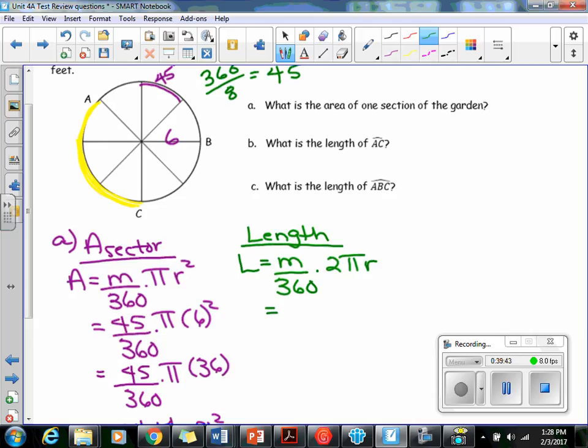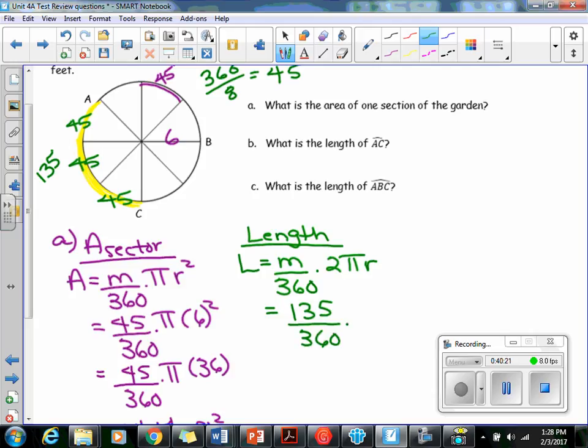Now, in order to figure out the m for this one, you need to look at your picture. How many different sections is this? It's 3 different sections. If each of those sections is 45 degrees, should we times that by 3? Yes. So that whole thing would be 135. Does everybody agree with that? So your m is 135 divided by 360